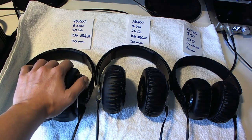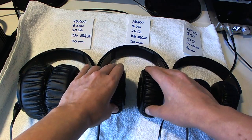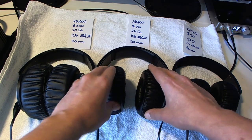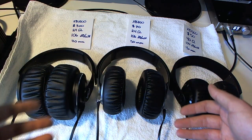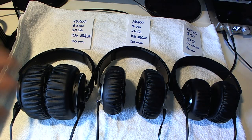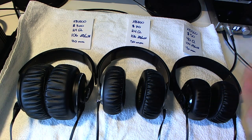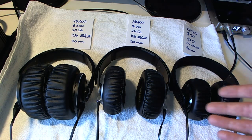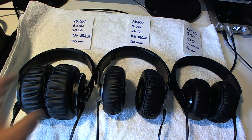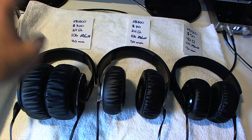I seldom use these. I use these for portable applications, and I use these for listening when I go to bed, etc. And they're all great headphones for electronica, trance, house, dubstep, you name it. All kinds of electronic music. They're really, really great. So I would highly recommend all the headphones for that purpose, but